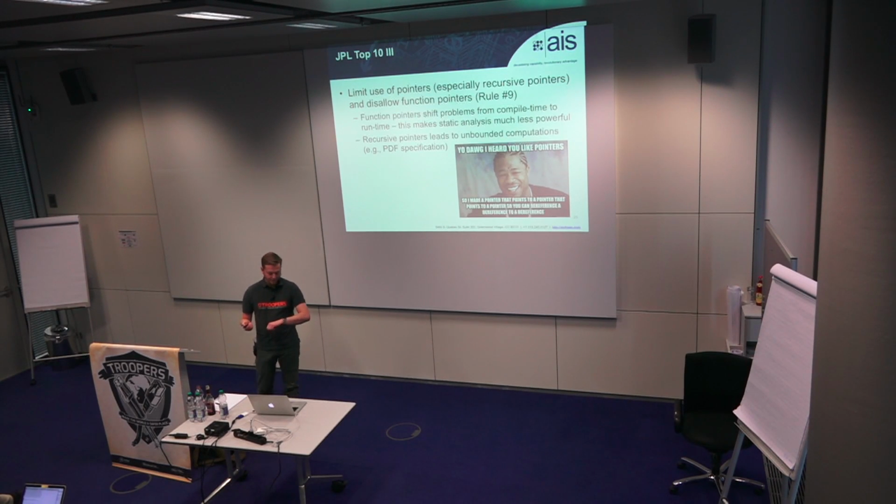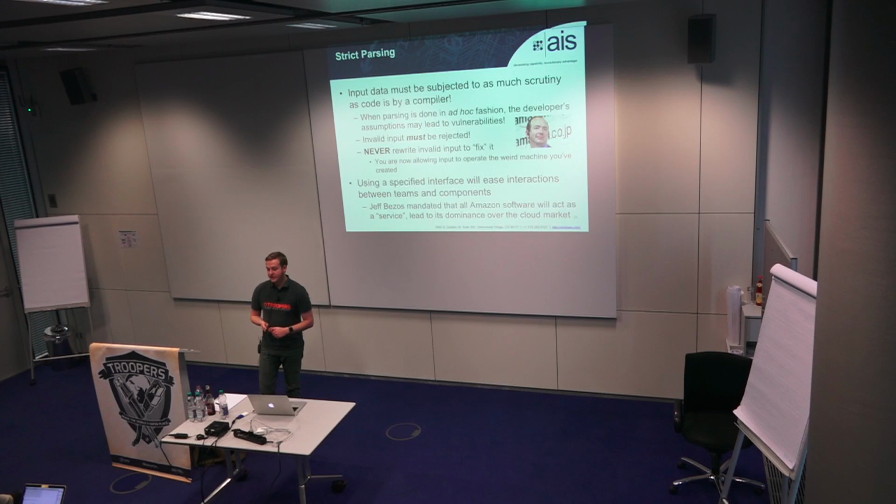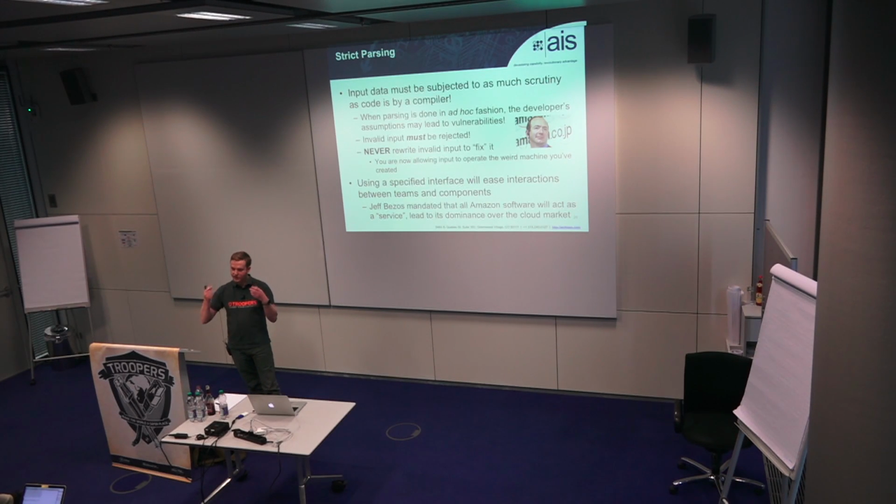So, strict parsing. Basically, your goal for input data is to subject it to as much scrutiny as your compiler does, maybe except for the C++ compiler, when you're compiling code. So if you miss a semicolon that doesn't match the C or whatever language specification, the compiler will notify you of that. Currently, we do a lot of parsing in an ad hoc function where we're assuming what the person is going to give us, and we kind of compile those assumptions in. We might think of a few examples of, oh, these few things are bad, I should look out for those, but things that I haven't explicitly thought of will still be implicitly allowed. And invalid input must be rejected.